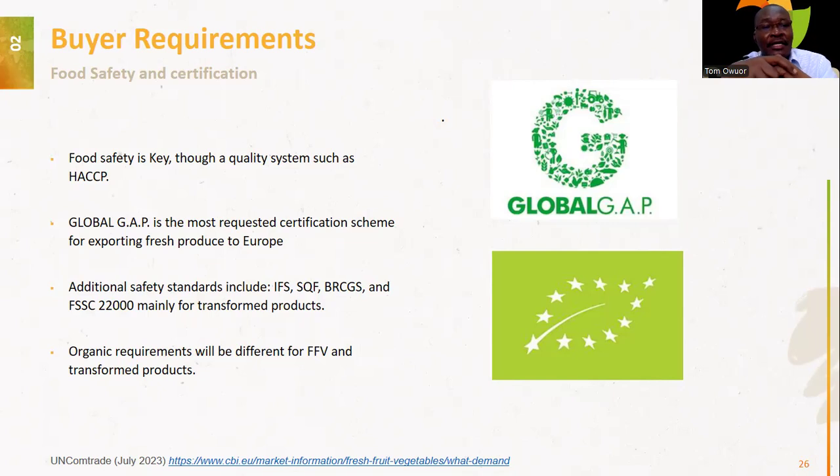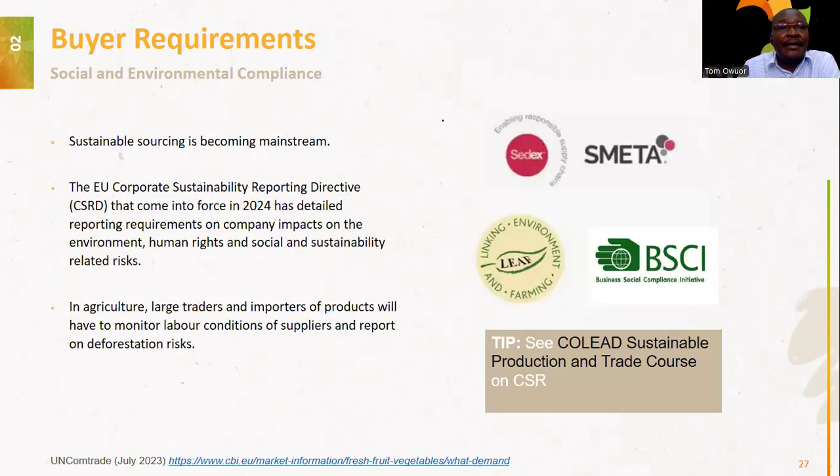Second to that is about food safety standards that is actually based on the transformed product level. This is about the factory settings in terms of what standards we need to have: IFS, BRCGS, FSSC 22000, or call them ISO standards. These are basic requirements for this particular market. And of course, I have spoken about organic requirements, with Germany being the biggest consumer of organic products in the EU market. So in a nutshell, here we are addressing the buyer requirements.